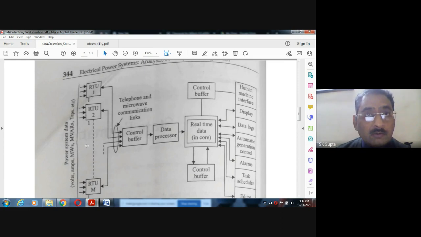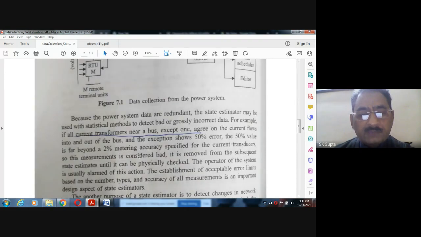Then whether the measurement we are doing is at the minimum side, or minimum plus some additional measurements. So these decisions are taken. So the first thing is how the data is measured, and